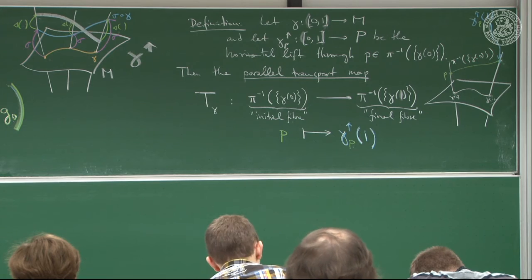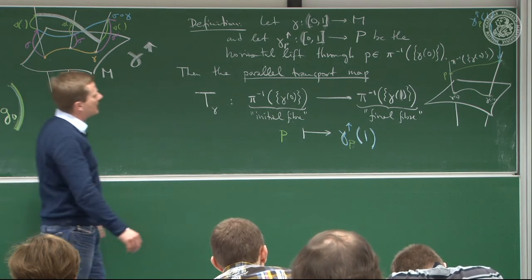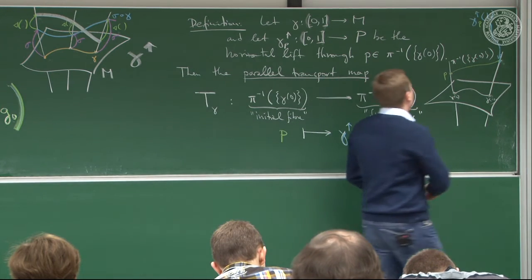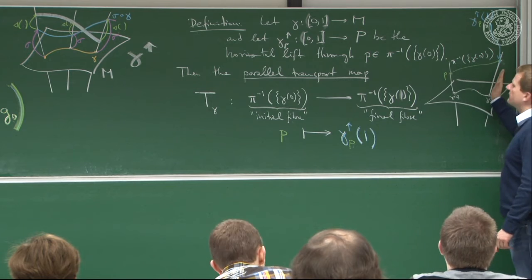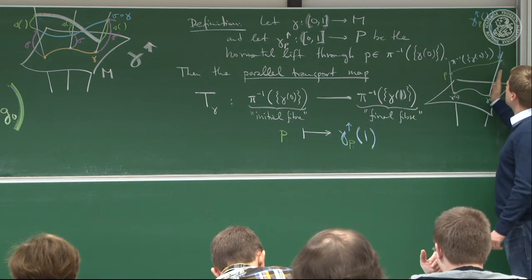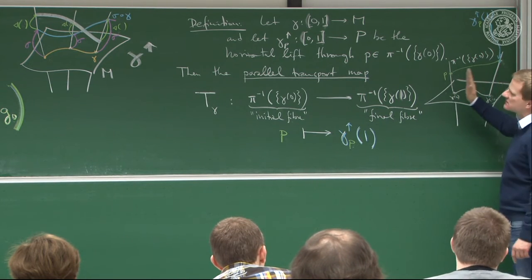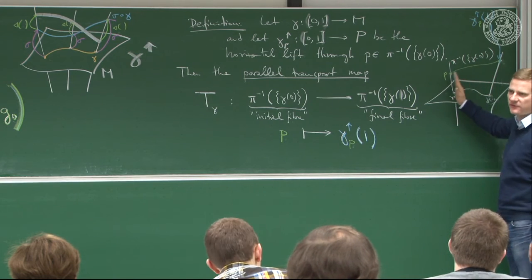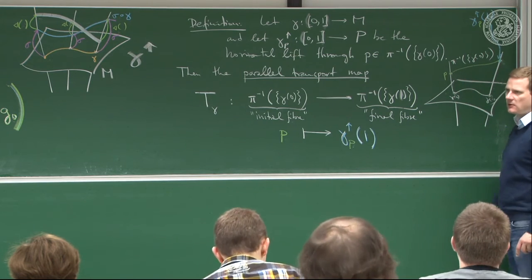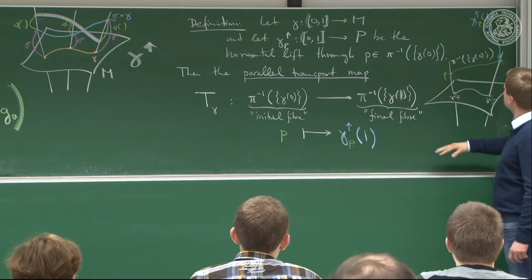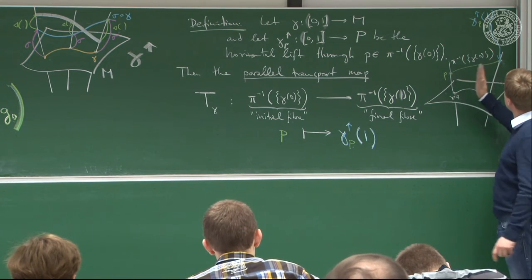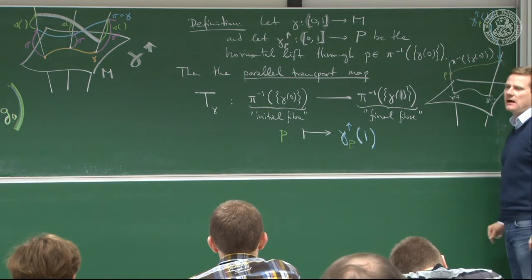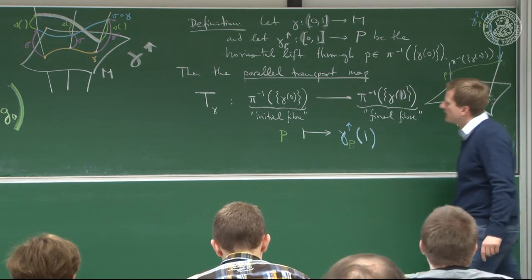Now, the question is, and that's the key property of this guy, it induces a bijection between these two fibers. A set theoretic bijection. If everything is continuous, it will be a homeomorphism. If everything is smooth, it will be a diffeo, and so on. But speaking only set theoretically, because you can always choose what additional structure you want, it induces a bijection. How do we see this? Why is this true? Well,